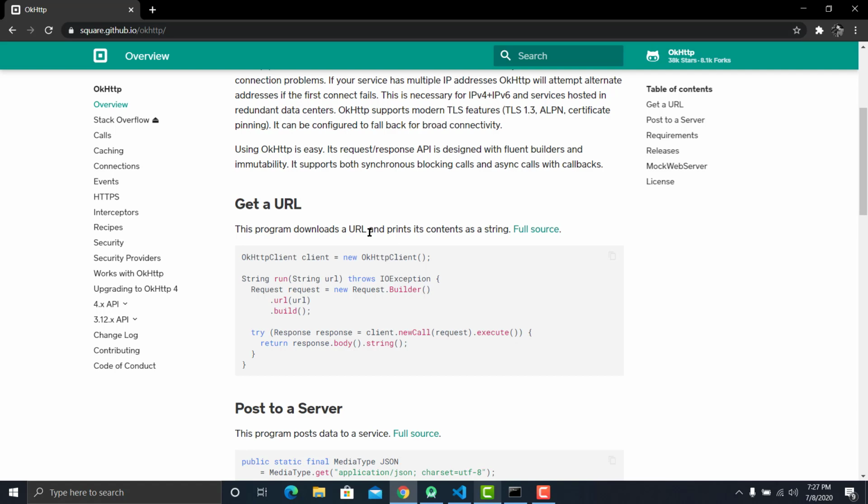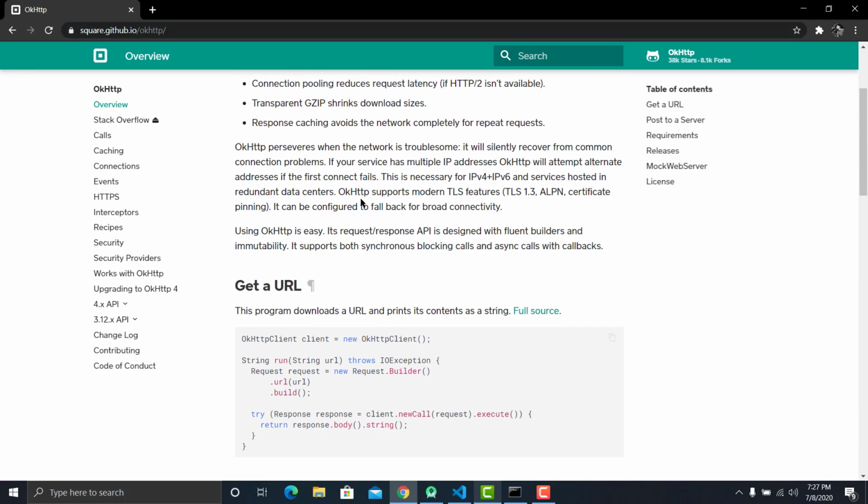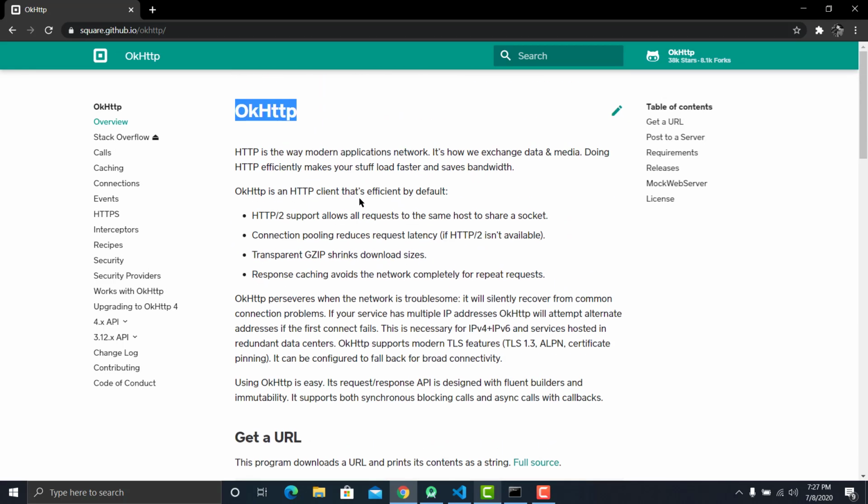Asynchronous calls do not wait for the network call to return from the server. Execution continues in your program, and when the call returns from the server, a callback function is executed. So asynchronous is always the best type of execution if you're making network calls. So we'll be using this.